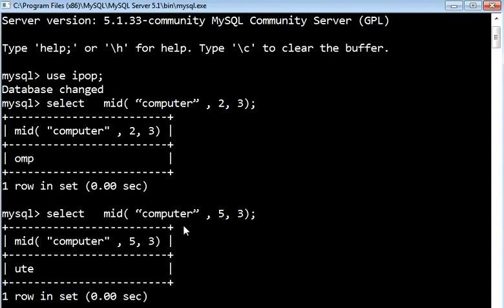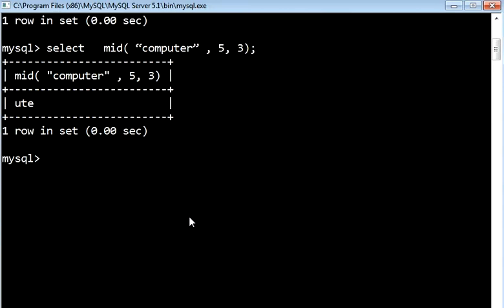But suppose the third argument is optional, like this, and we are passing only 2 arguments, that is the string itself and the position from which we want to extract. What this function will do is, from the fifth character, it starts fetching all the characters till the end of the string.